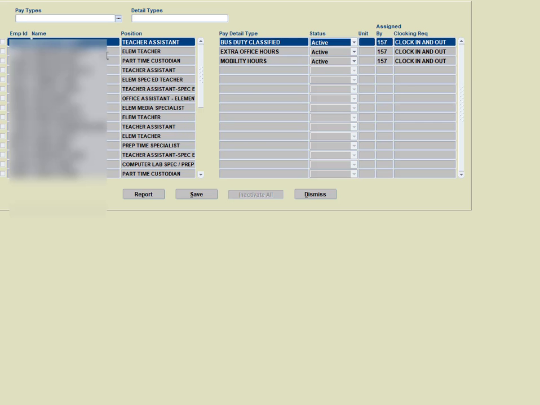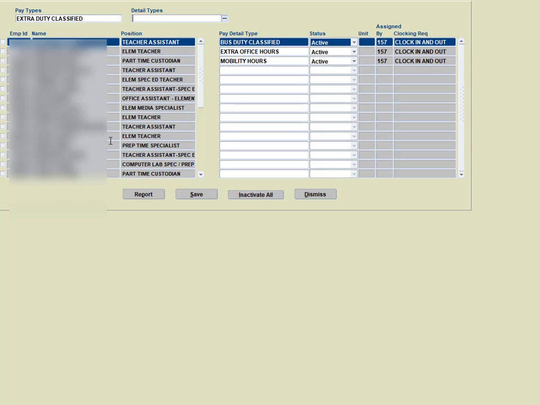You're going to click on that, and then up here you're going to put in a pay type. So let's look at extra duty classified. And that's going to show you here who your employees are, what the pay details they have, and then you're going to see right here whether it's a clock in or clock out. So if someone is doing bus duty, they're going to need to clock in and clock out because it's paid at an hourly rate. If it was a stipend type of pay, it wouldn't show up as clock in, clock